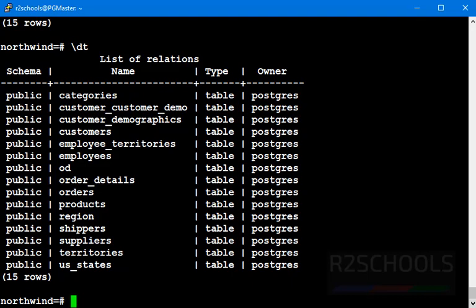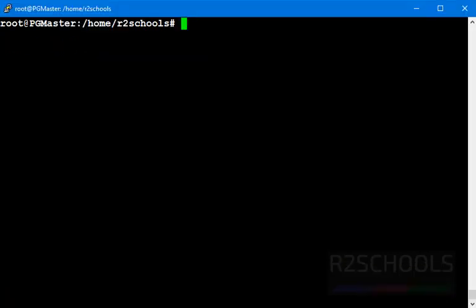Open the terminal or PuTTY, then switch to the postgres user.